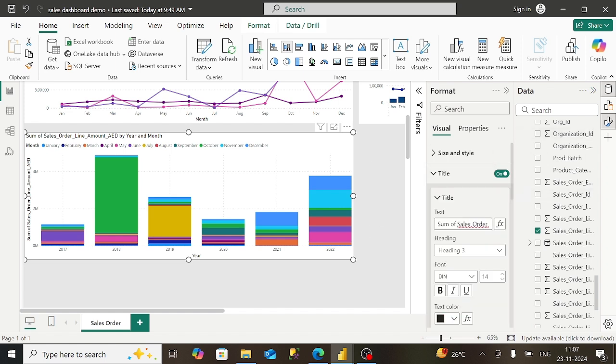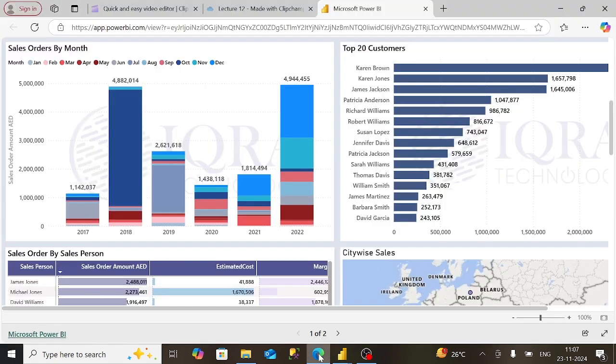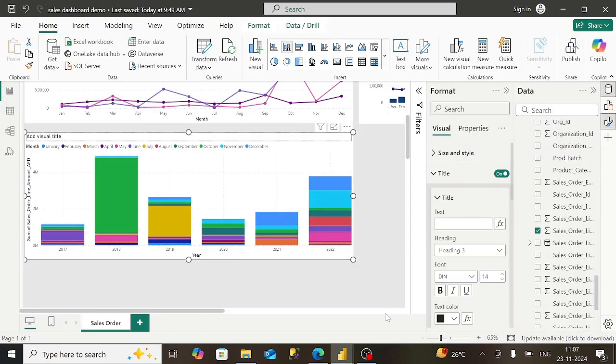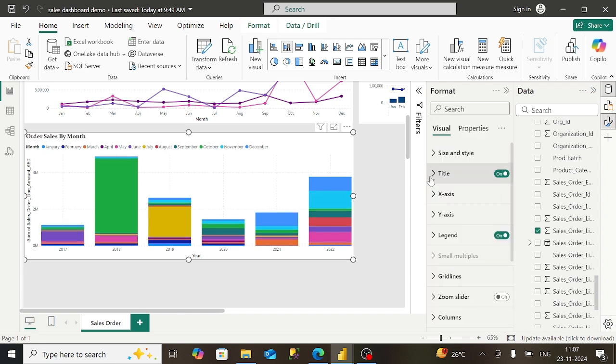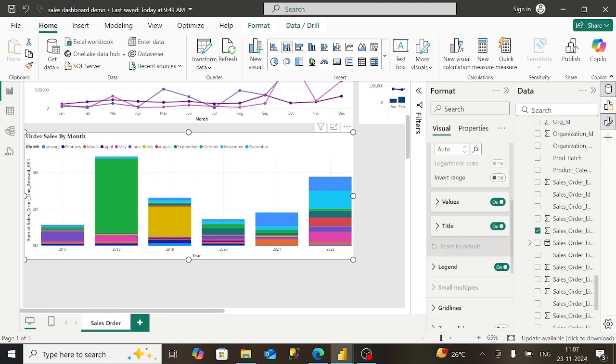Legend, we will choose our title as order sales by month. Order sales by month. Bold, and we will also change the font. Okay. Thus, we will also change the title on y-axis,